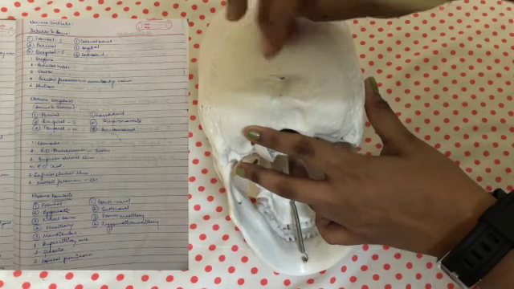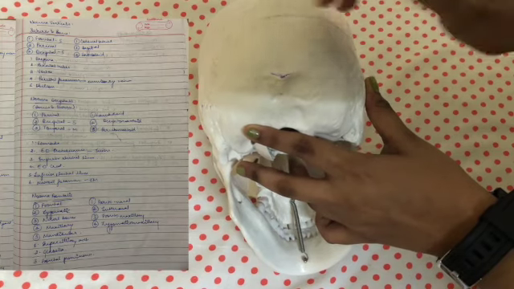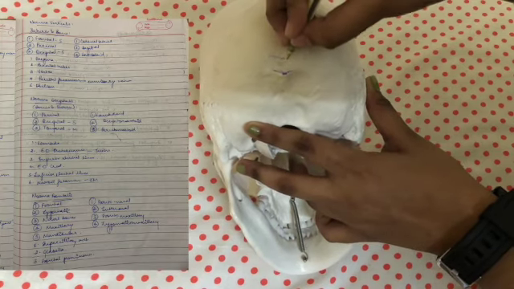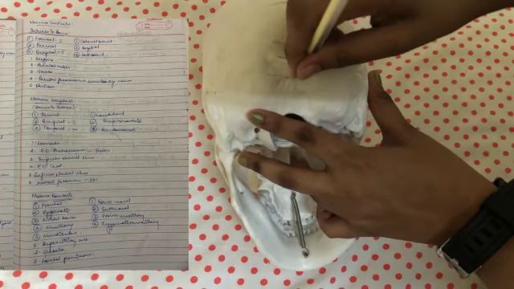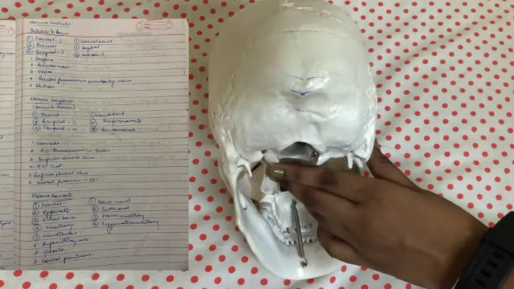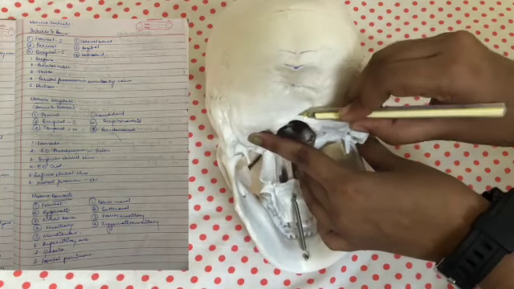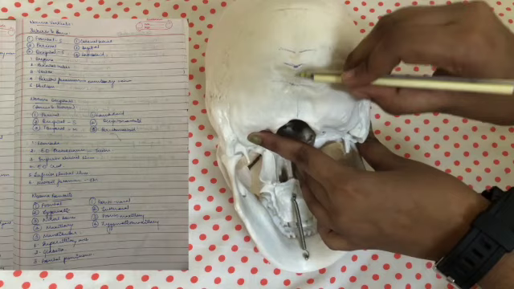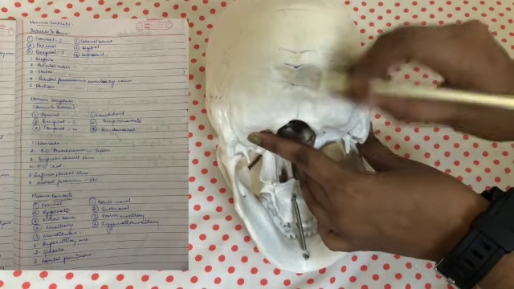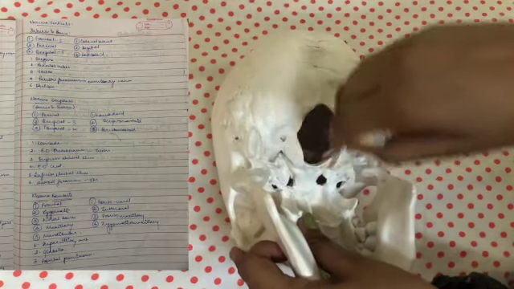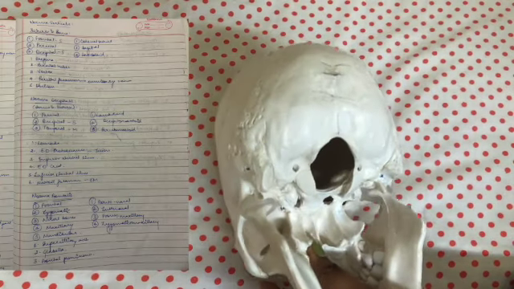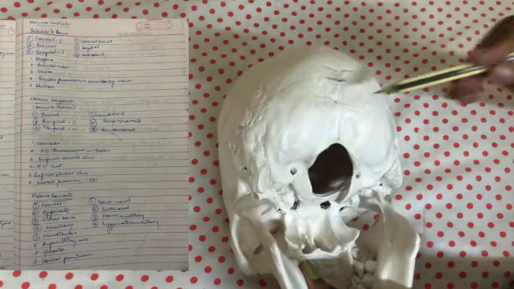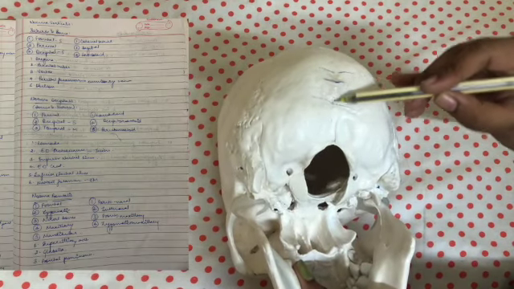And a line that is just above the superior nuchal line is the highest nuchal line, and the lines below are known as inferior nuchal lines. And this vertical line that you're seeing, which passes from the external occipital protuberance till foramen magnum, foramen magnum is the largest foramen that you're seeing in the skull through which the brainstem passes. So this particular line is known as external occipital crest.